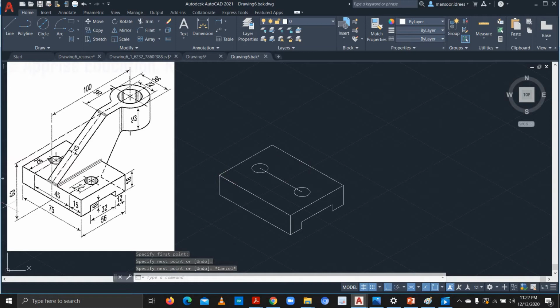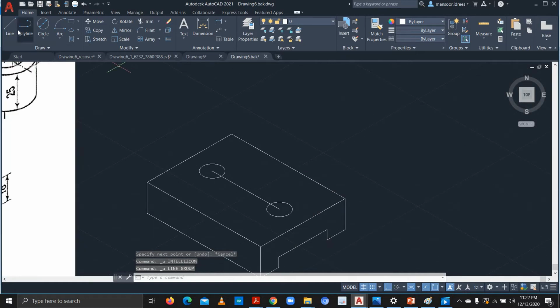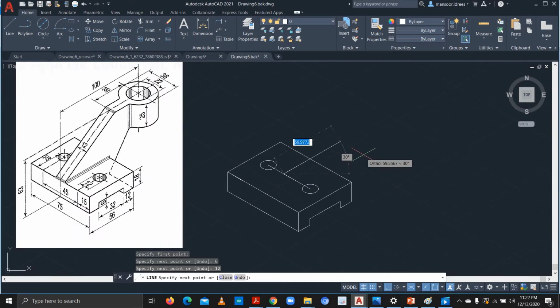So from this, this is 12. So at the center point, I'll go 6, and from this exact center, I'll go 6 and 12 again,